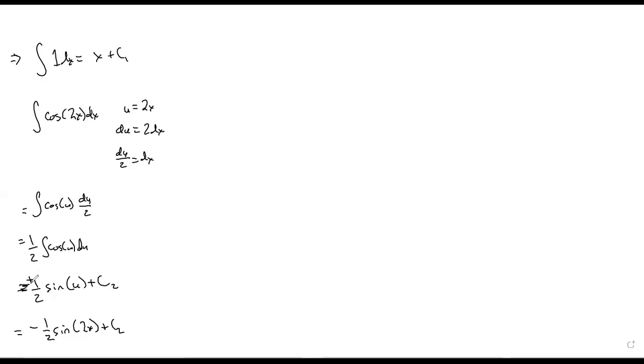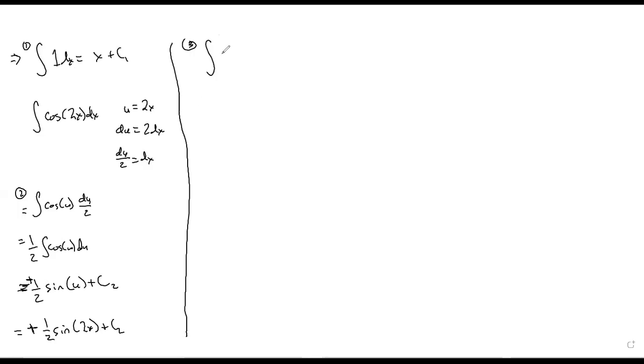The antiderivative of cosine is sine, so that's a plus. The derivative of cosine is negative sine, sorry. So we go this way. And then our third integral. So this was our first integral. This was our second integral. Our third integral